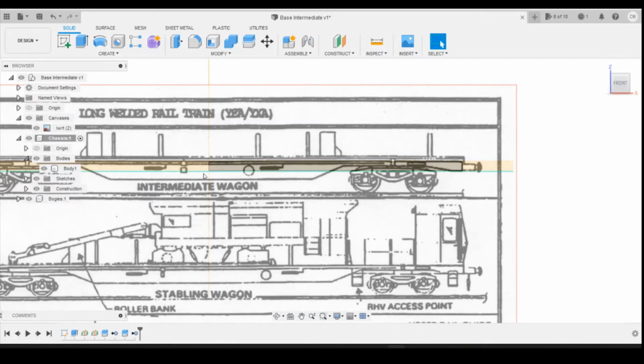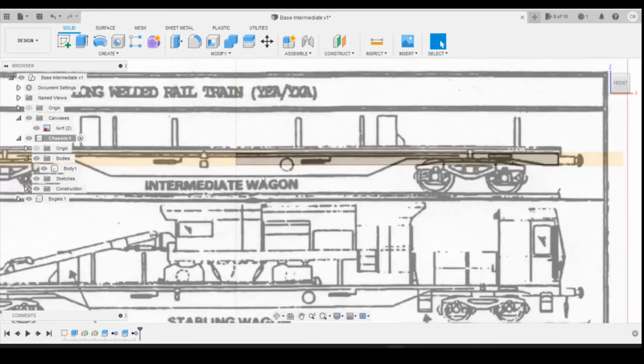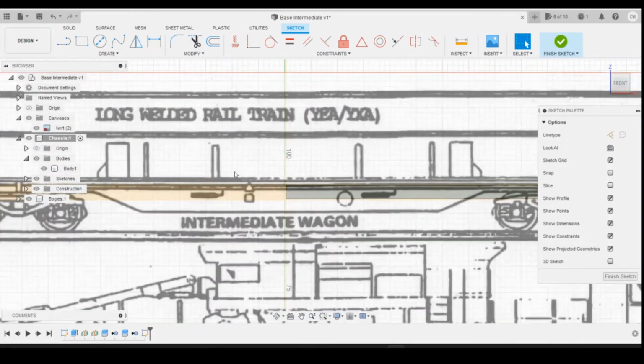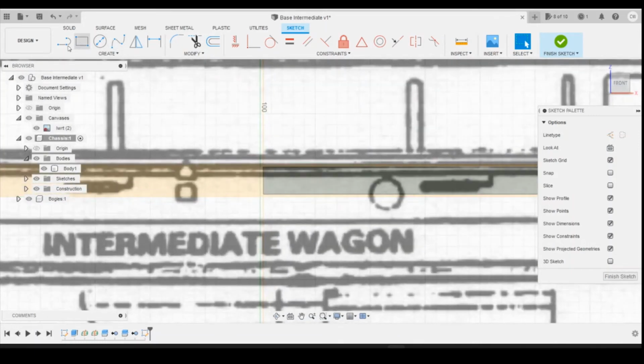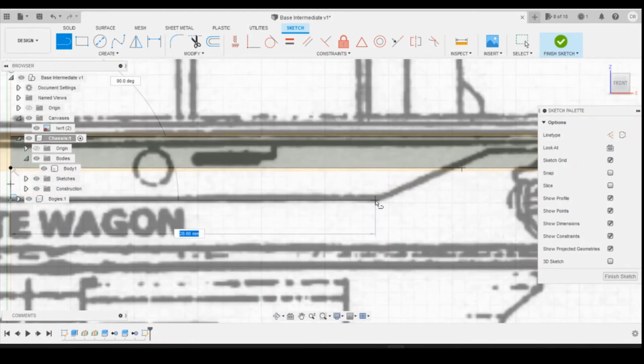What we're going to try and do now is create the shape that the wagon's got here. So the belly here, and then the bit that comes up for the bogies to sit under. So again, creating a new sketch at top, and we're going to select the face of the rectangle we've already drawn. And then we're just going to use the line tool, select the midpoint here, drag down, and let it come down to the length of the belly here, and then we're going to come sideways across to the point where it starts to go diagonally upwards, and then we're going to drag that up till this line looks parallel to the line drawing,